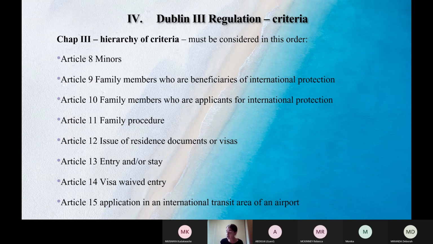So if it cannot be established that the person crossed a border irregularly, if it's suspected but it can't be established, the responsible member state is the member state in which that person has continued for a period of at least 5 months. And if the person has resided for at least 5 months in several member states, it is the member state, of all of those, in which that person has resided most recently.